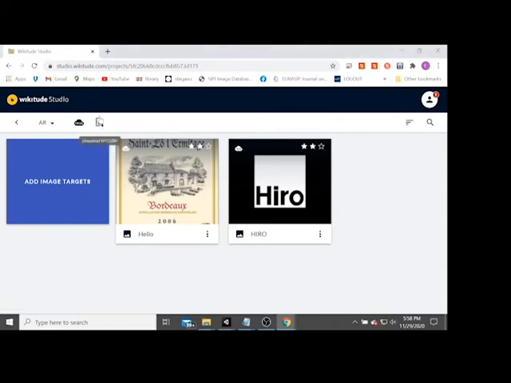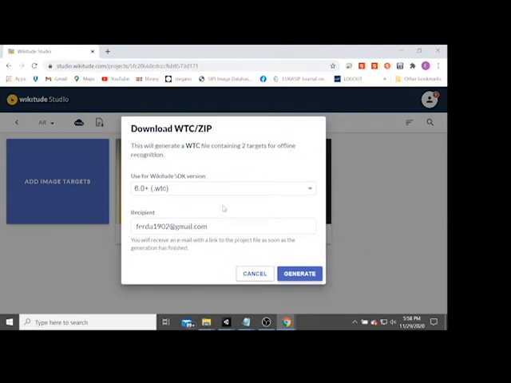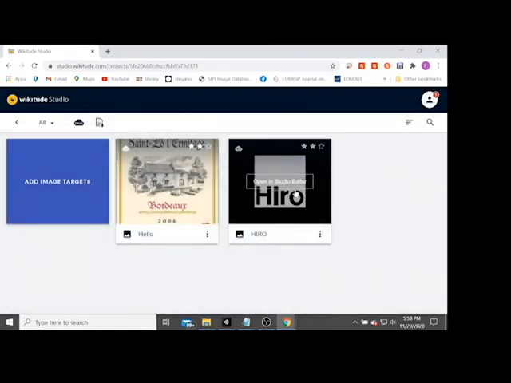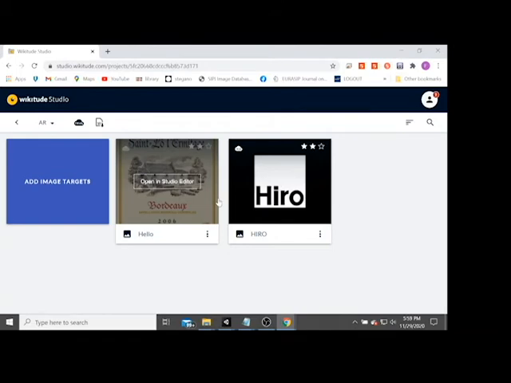Then you can download the file like this, and then you can generate it. And the marker will be sent to your email address. So you need to upload it into the Wikitude Studio and download the WTC file. Then you can use it as a marker.